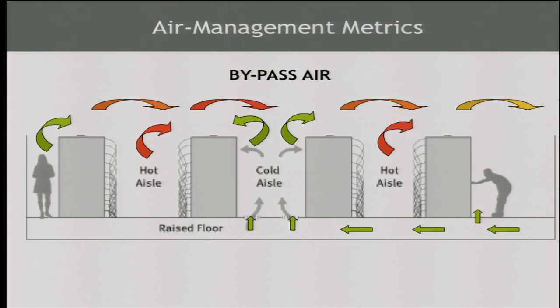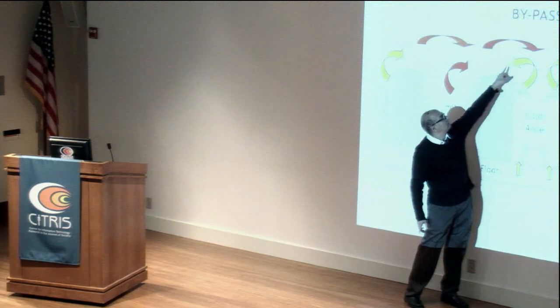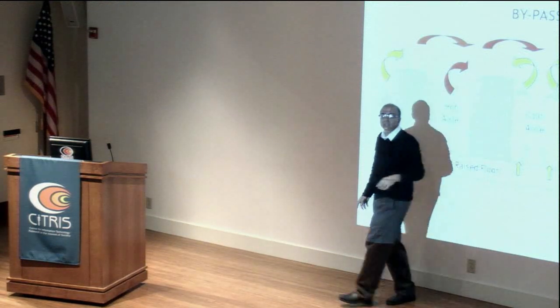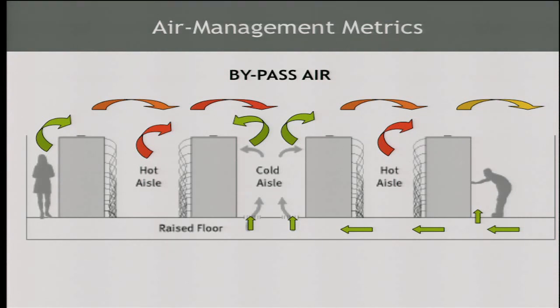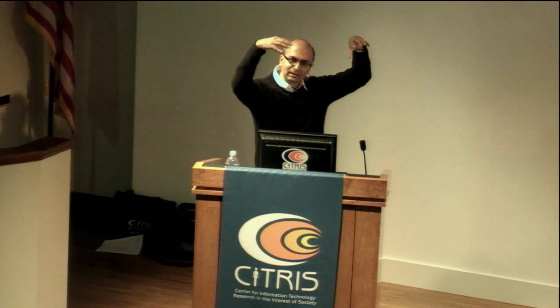So for instance, if the air is going through the raised floor, if the air is coming this way and is going this way, is it going to the servers themselves, or is it bypassing all the way into the roof itself? Which means that if you have some kind of bypass air, you are losing some level of efficiency. So we use the sensor values to calculate what kind of bypass air or what kind of recirculation you have in the data centers. And these metrics, in a sense, start to characterize how good is your data center in terms of